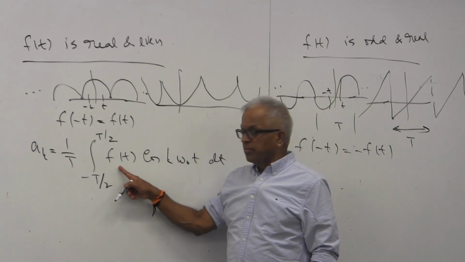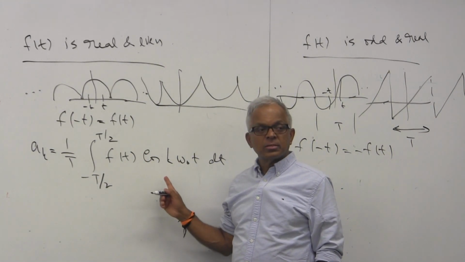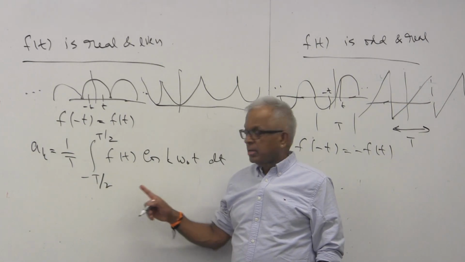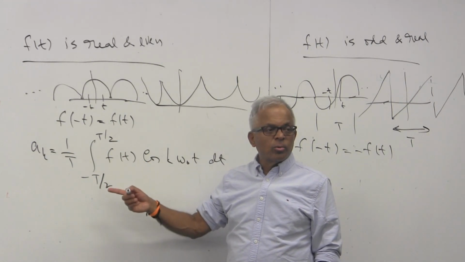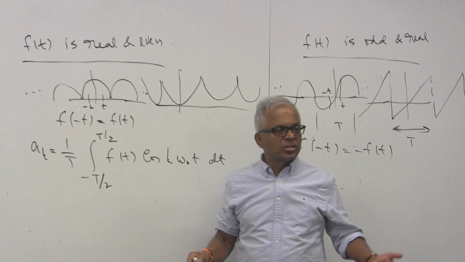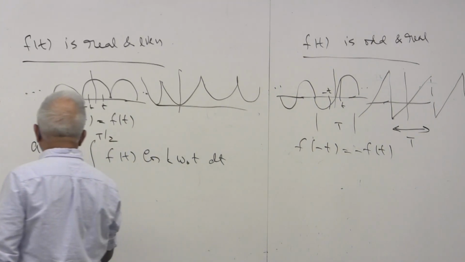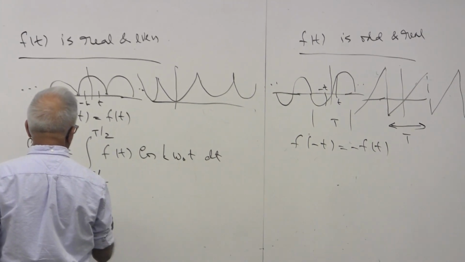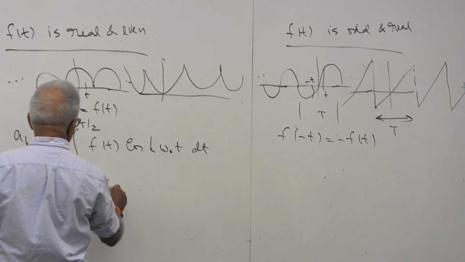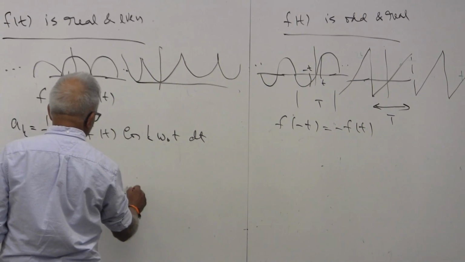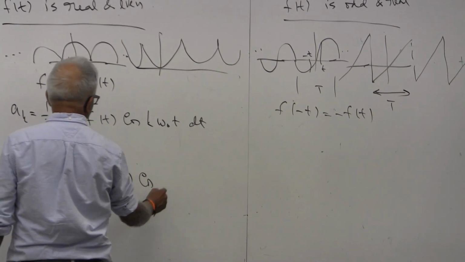And if this is even, the product is even, right? And the even function integrated over a symmetric region is the same as twice over half of it. So you also have this simplification, 2 over T integral 0 to T by 2 Ft cos